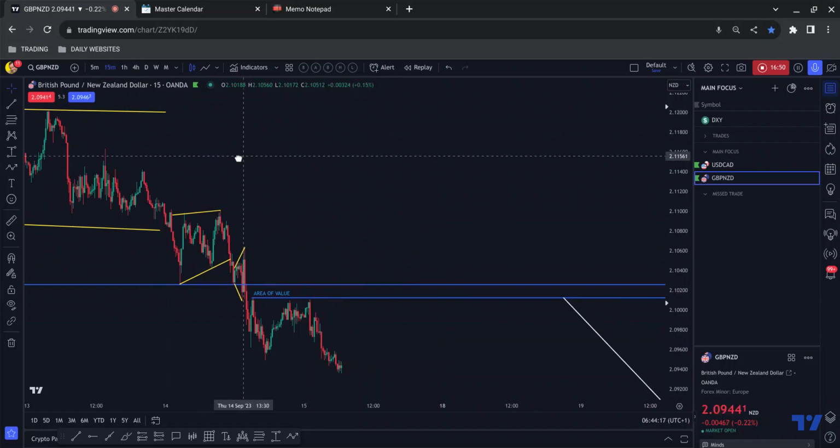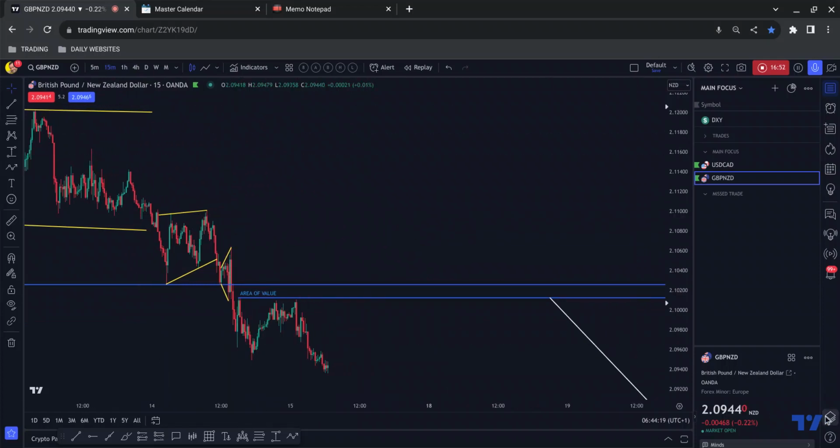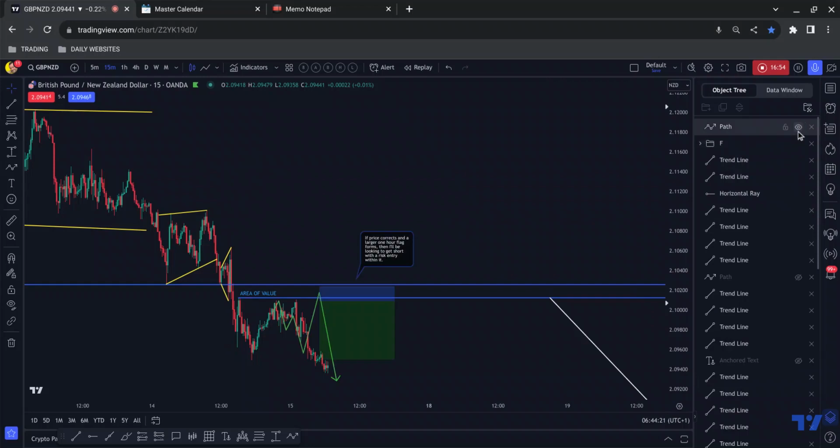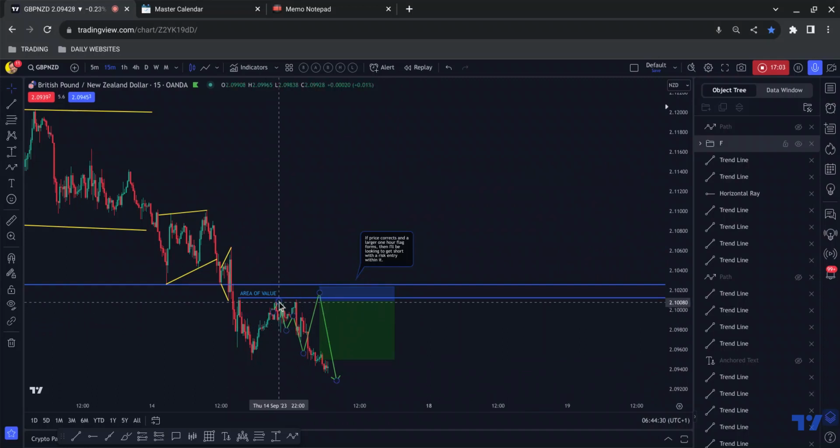This may not be ready by the end of the day, but let's look at what I forecasted. Where was I doing my forecast? About here. So I was forecasting here, and I was anticipating that near miss that I've talked about, where price gets close to the high and sells off.